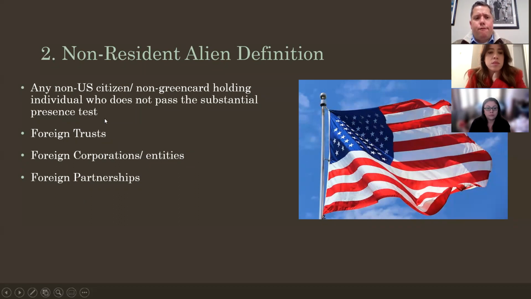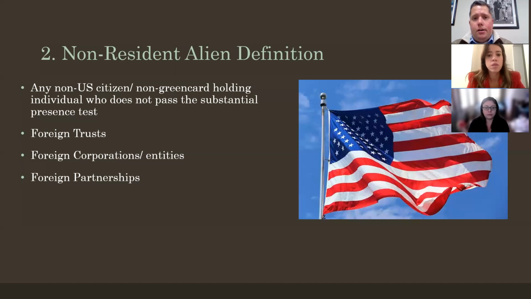Second one is foreign trusts. Foreign trust is a very complicated term. I'm not going to get into this. There are a couple of tests under the Internal Revenue Code you have to pass to determine whether a trust is considered foreign or domestic. The bottom line is, a very easy test is if there's any trustee that's a foreigner, a non-US person, like an Irish citizen, Brazilian citizen, what have you, it's a foreign trust automatically, right, under US law.